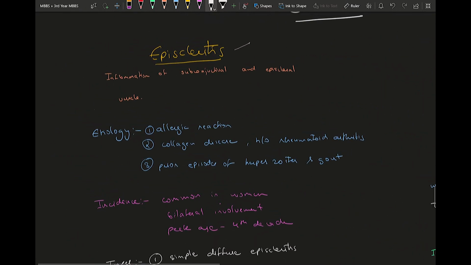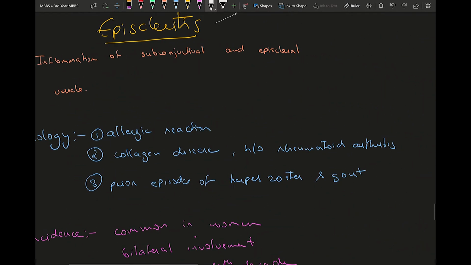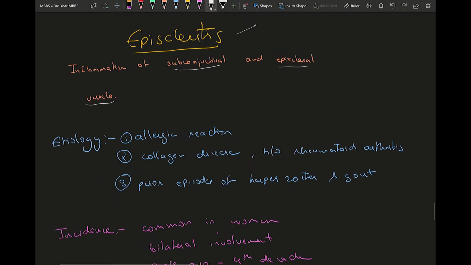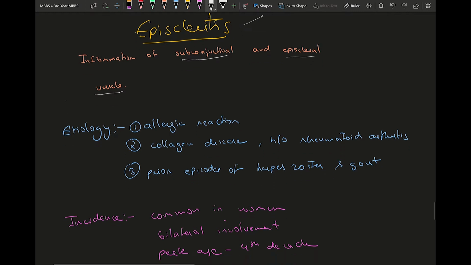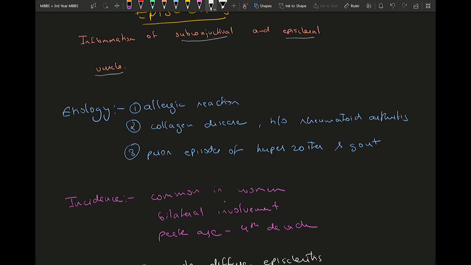So talking about episcleritis, it's the inflammation of the subconjunctival and episcleral vessels. So above the sclera there are many episcleral vessels present. Inflammation of these is going to cause episcleritis, and the most common sign which you're going to see is a red eye. So the etiology of episcleritis is that it can either be an allergic reaction or